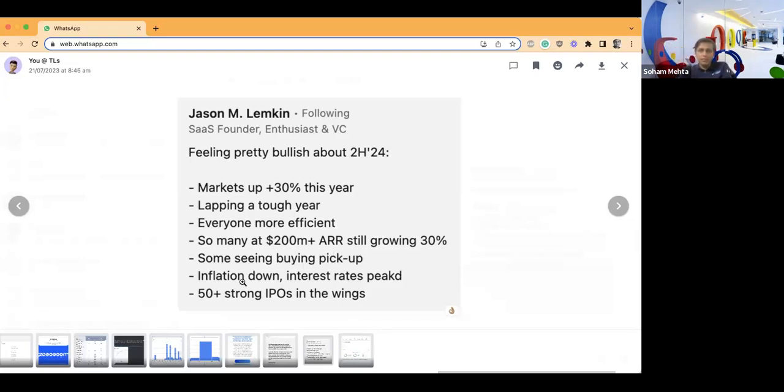Some see buying picking up, inflation down, interest rates peaked. Right. Inflation is actually down. It's back to 4%. It's still not down to 2% levels, which was there earlier. It's at the 4% level. And interest rates peaked, as in there is chatter of not increasing anymore, serious chatter,